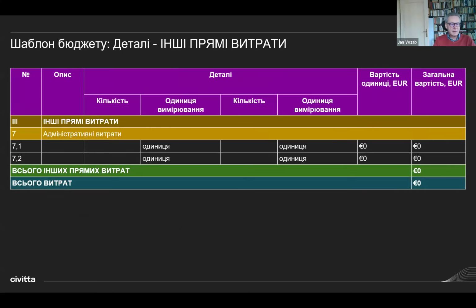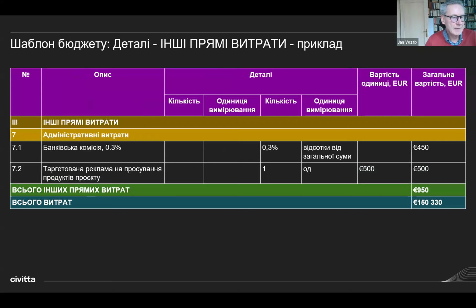Third part of the budget, other direct costs, and again the same structure depends on what kind of other direct costs you have, and the total costs of the whole project, summing up all the subtotals. Again, the example, this is the bank loan or interest on the bank loan, which is eligible expenditure. So you get money from the donor to cover